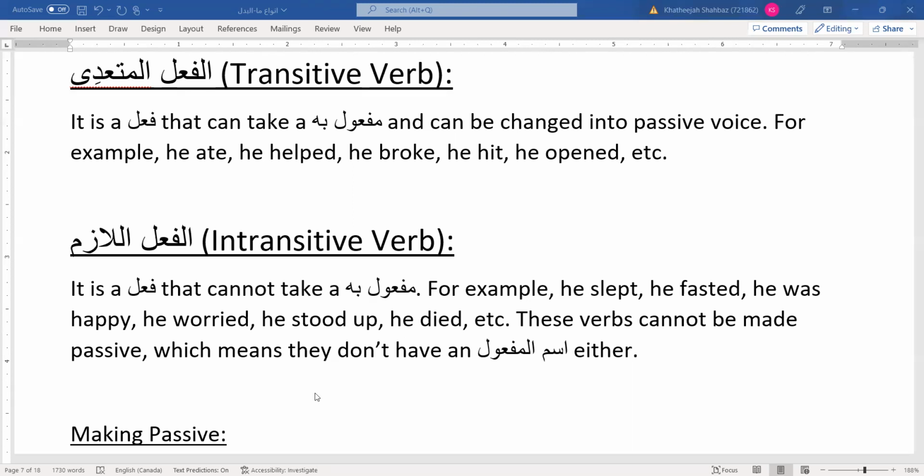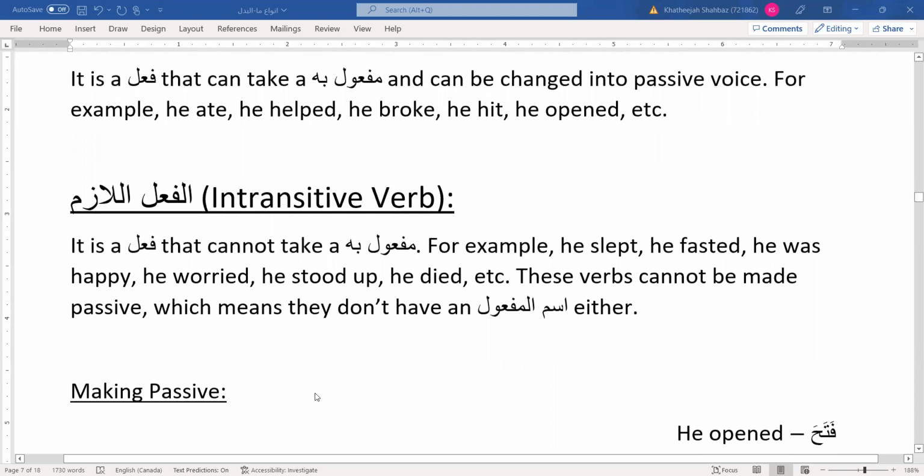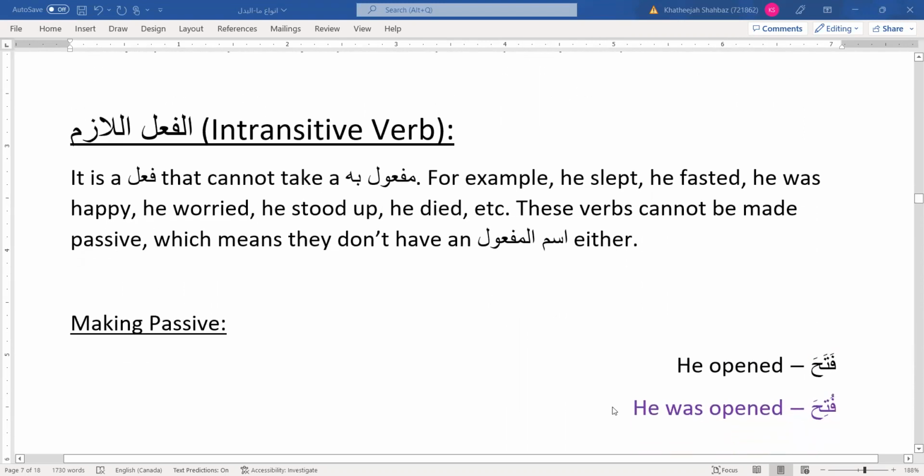Now, we know what is passive voice and how to make it, but just to refresh our memory, I will go over this quickly. For example, fataha. Fataha means he opened. And this is a transitive verb, al-fi'lul muta'addi, because we can say he opened a door. So it can take a maf'ul bihi,